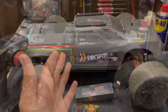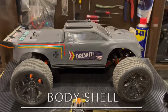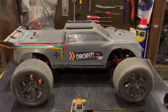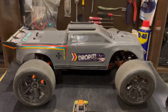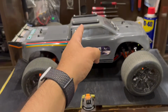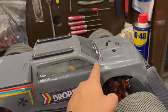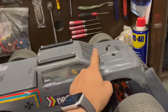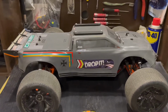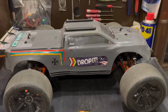Now let's move on to the body. The truck comes with 4 different color options: blue, red, green and white. This is obviously different because I've painted it afterwards. Everything you see here on the truck is stock. The only things I've changed are a spoiler in the back, anti-skid plates on the roof to protect it from scratches, and body retaining clips to make sure the clips don't fall off easily. The body overall is thin and cracks easily on hard landings,